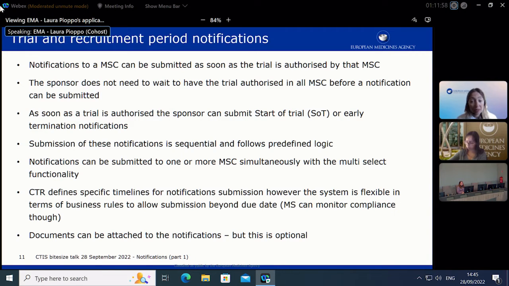The first notifications that can be submitted are, of course, start of trial. This is the first one, or also the sponsor can submit directly an end of trial. That in that case would be equal to an early termination because the trial has not even started. The submission of this notification is sequential and follows a predefined logic that now we will be able to see